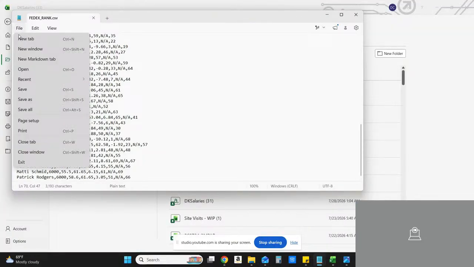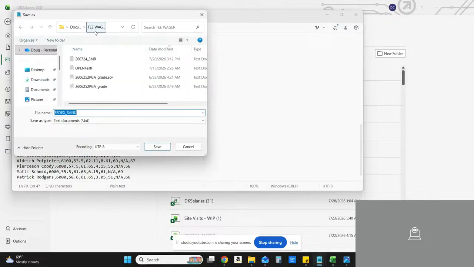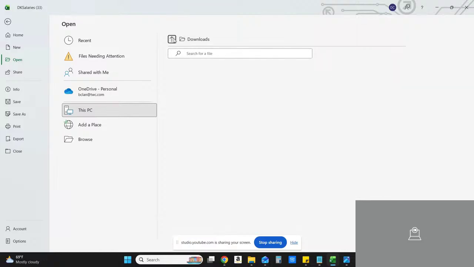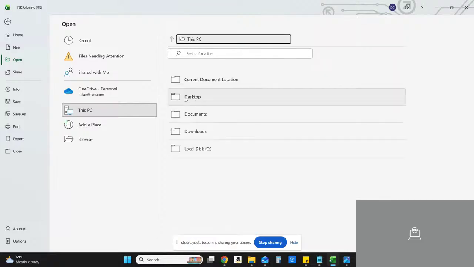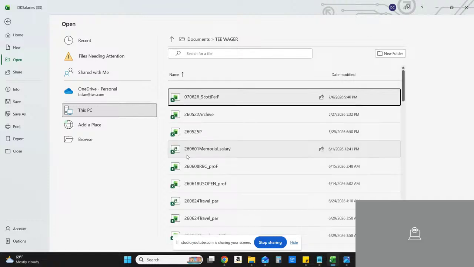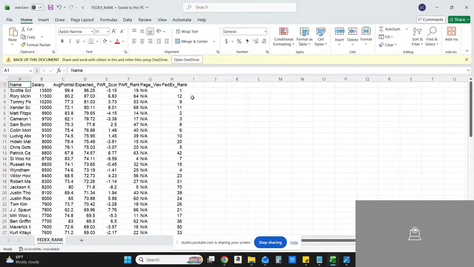File, Save as. We saved it in our T wager. Okay, so that's where it's at. Let's go to the T wager. Date modified, it'll pull it to the top. Here's our FedEx rank. We pull this up and basically, so now we have the same par roster that we